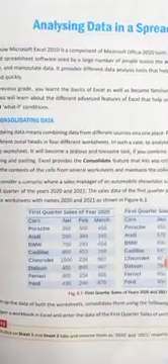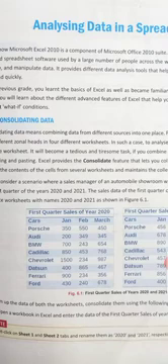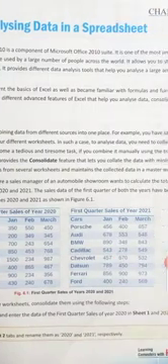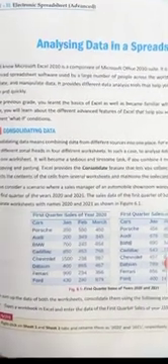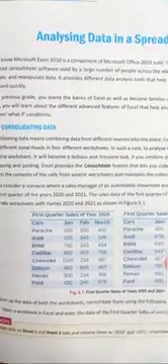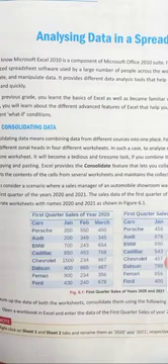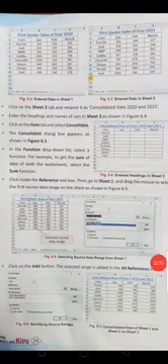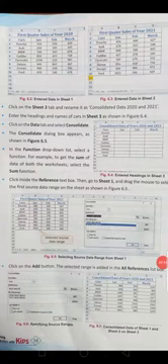We have a sheet. The first sheet is the sales of the year 2020 and the second is the first quarter sales of 2021. Now we are going to make a consolidate sheet. So what do we do? First of all, we start our workbook. We enter data on sheet 1 about first quarter sales of the year 2020 like this, and we enter our sales data of year 2021 in sheet 2.